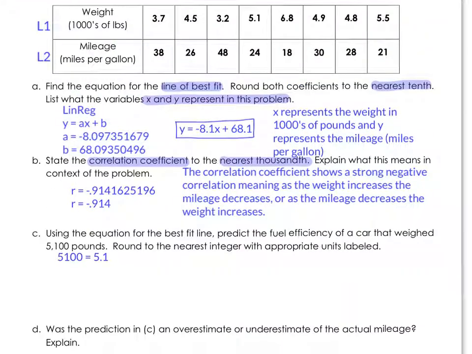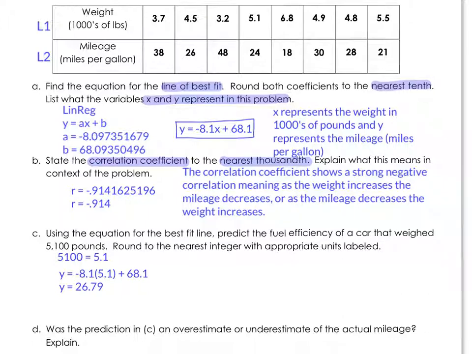I'm going to start off by looking at my x value, which in the table it said that the x values were thousands of pounds, so I can't put in the 5,100. That'd mean 5,100 thousands of pounds. So we have to change that to actually 5.1. Then I can go ahead and plug it in place of the x in my equation. And then I find that y equals this negative 8.1 times 5.1 plus 68.1. And when I put that in my calculator, I end up getting the answer of